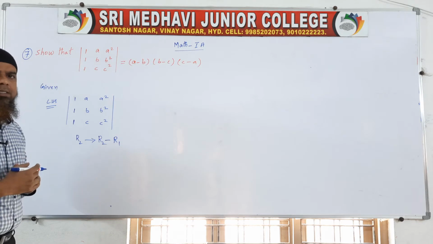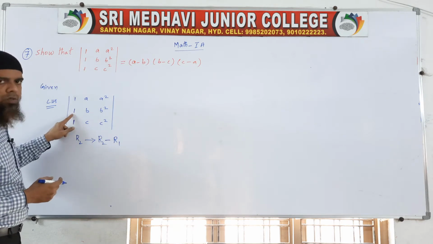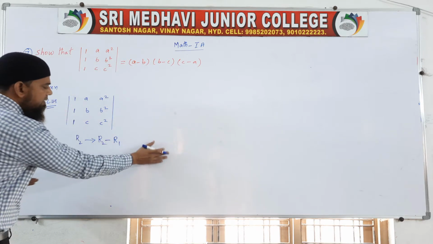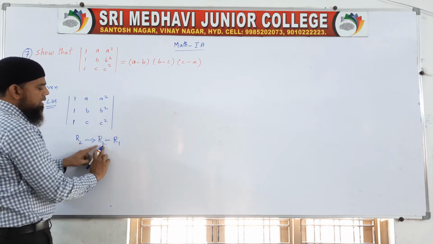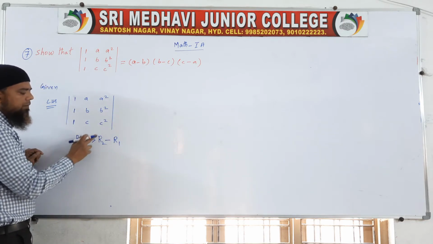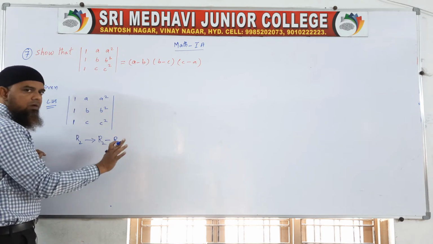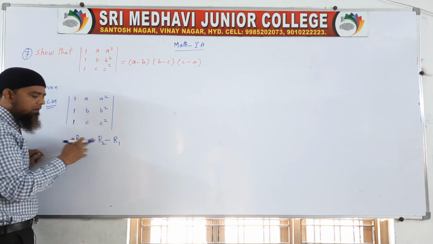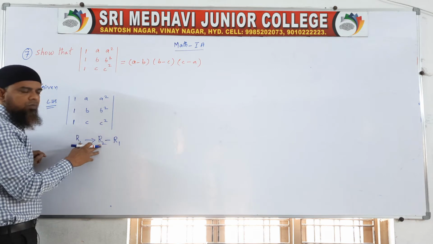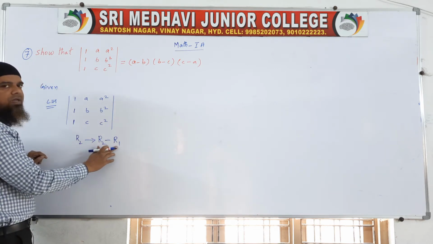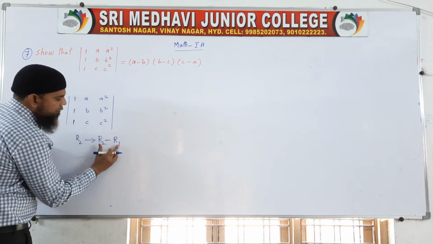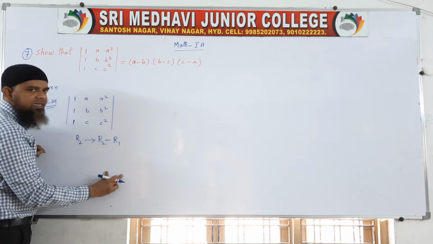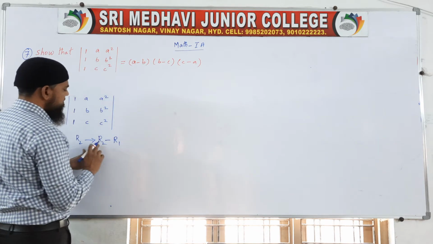Sir, why are you subtracting, sir? Because I want to make this one 0. Then only it is possible. 1 minus 1 is 0. Now see the rough work here. First of all, we have to write R2. Concentrate here. When you write R2 here, we have to write R2 first, not R1. R2 tends to R2 minus R1. If you are writing R3 here, then we have to write R3 first. We are doing R2 minus R1. You will get some resultant numbers. First we are doing R2 minus R1. What is R2?